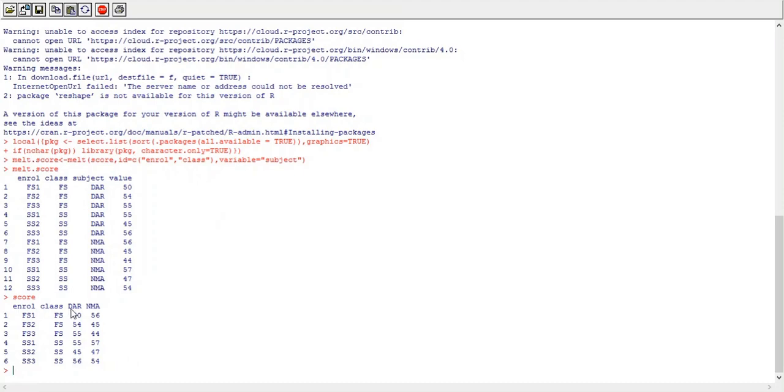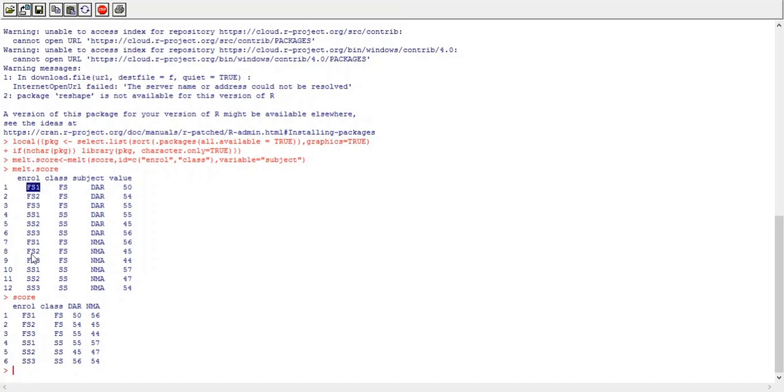Like here, our variable columns are DAR and NMA, which are different columns in wide format, but in long format these two columns are stacked together under a single column. For fs1 there are two rows.